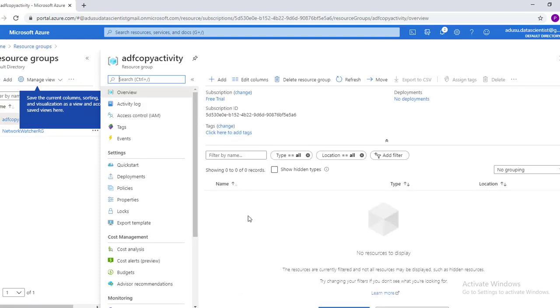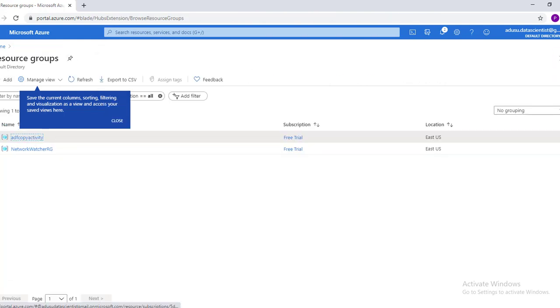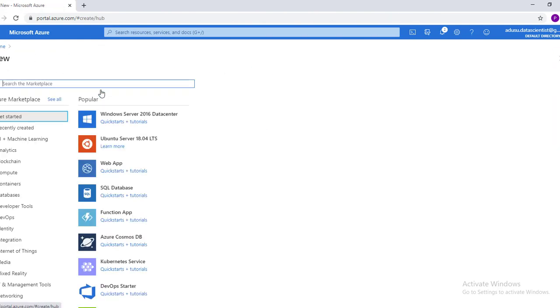This is the resource group, and inside this we'll create resources which would be used in this copy task in Azure Data Factory. So let's create the resources one by one. The first one is an Azure Storage account.